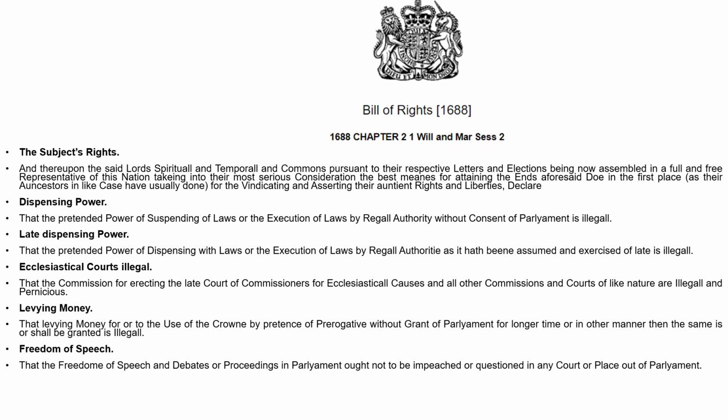And basically it states here, if you read, and it specifically says, without the grant of Parliament, okay, for a longer time than is necessary, shall be granted, is illegal. So if a court says, well, they're acting under Parliament immunity, or they're doing it on behalf of the Crown, based on this very statute or act, no, they aren't. Because Parliament is the Crown, and Parliament is the two houses of government, which were established in 1688 with the first Act of Will and Mary.